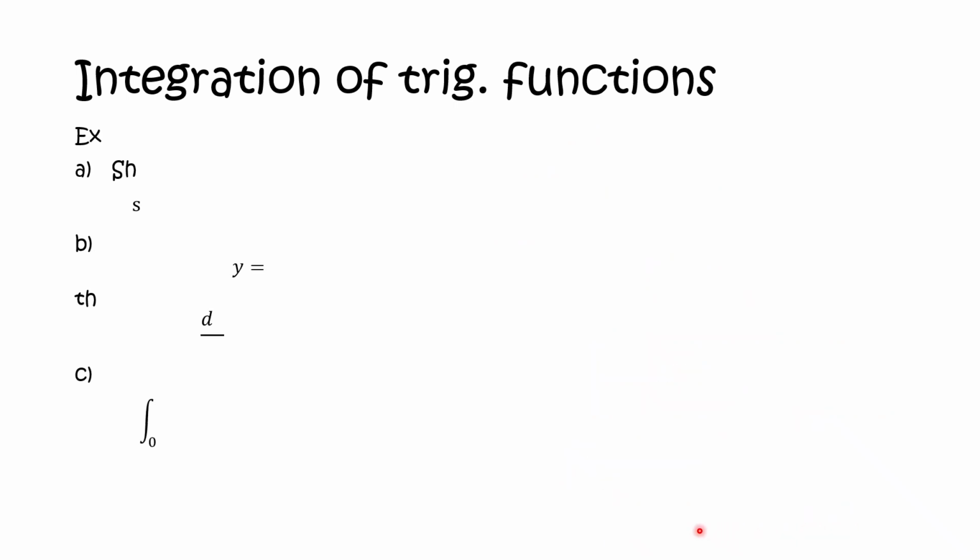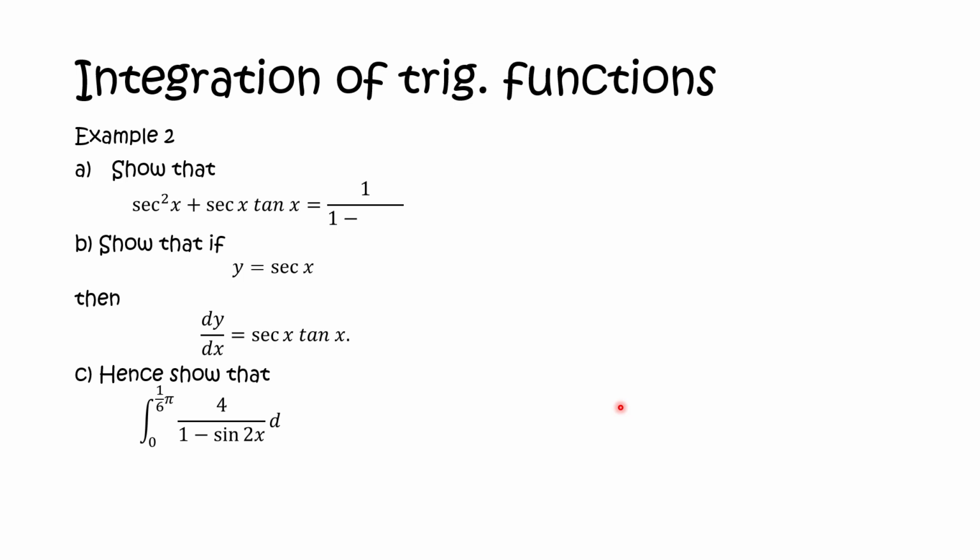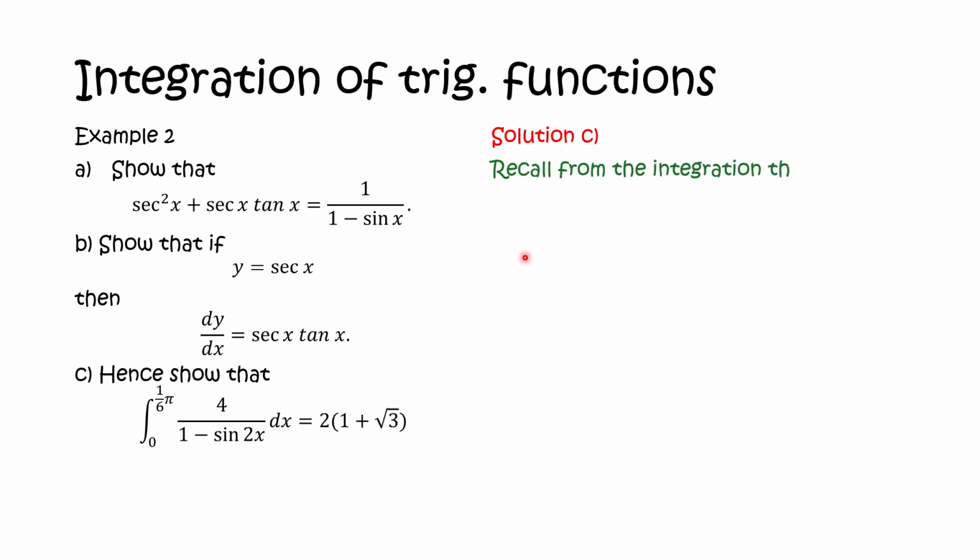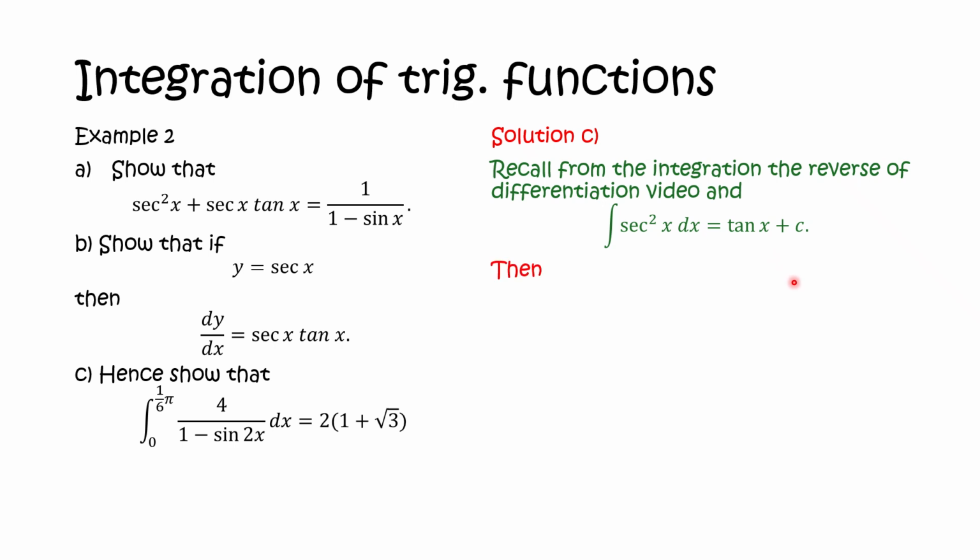And of course, with this bit, what it means then is that we can also recall from the integration as the reverse of differentiation video, as well as the other videos that we did in the past. We know that the integral of sec squared x dx is equal to tan x plus c. So we're going to make use of this logic over here. Then what it means is that for the integral from 0 to 1 over 6 pi of 4 over 1